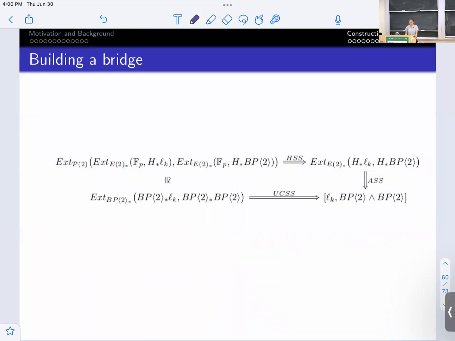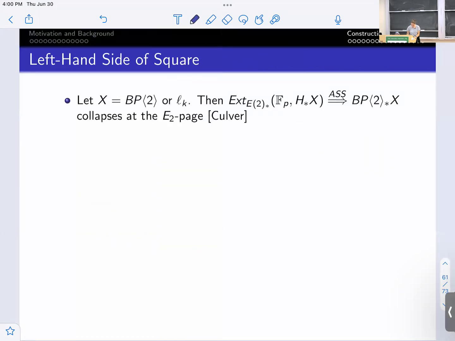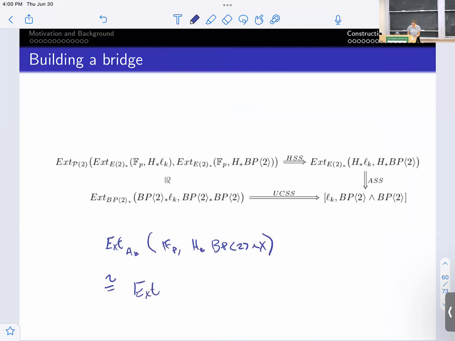For the sake of time, I'm not going to go into a ton of detail about the isomorphism here. But the thing to notice is that there's this atom spectral sequence. We've had a lot of atom spectral sequences here, but here's another one, where if I want to know about the BP2 homology of some spectrum X, I have an atom spectral sequence here. I can do a change of rings, and say that this is F_p into H star X. And this should converge to the BP2 homology of X. And so if you look up here,